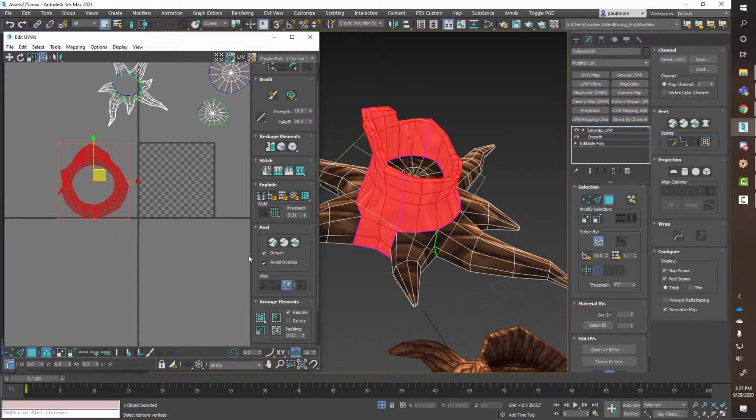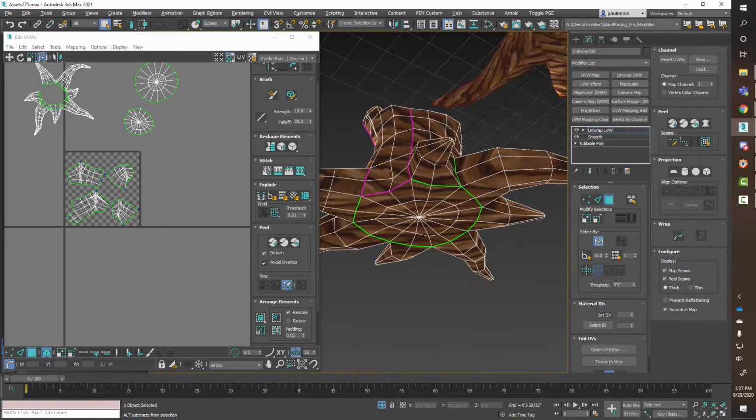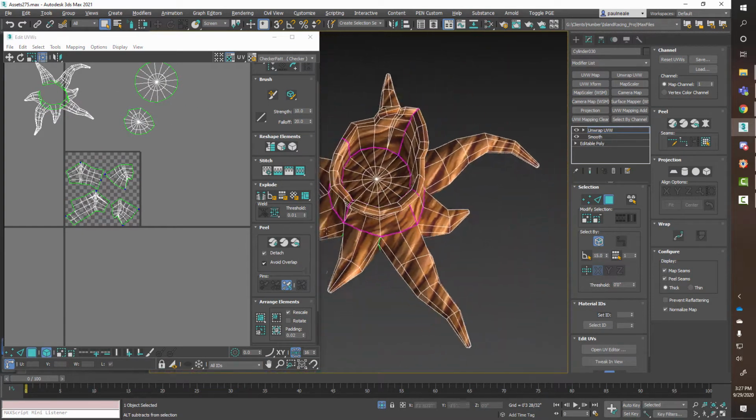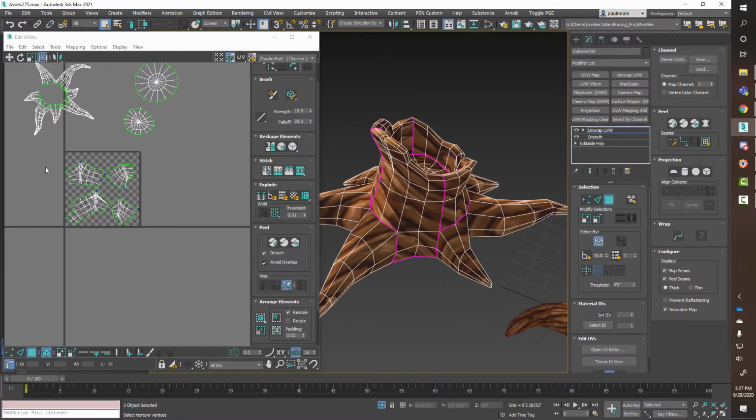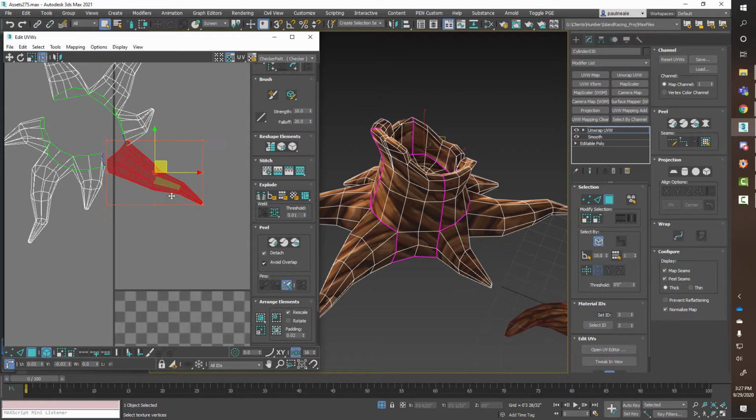I find it's a better idea. So I'm just going to go peel, and there they are there. So there's a bunch of pieces that have been pulled flat all the way around. Okay, so we're going to work with those in a minute. Just going to pull them off to the side, and then we got to break each one of these down